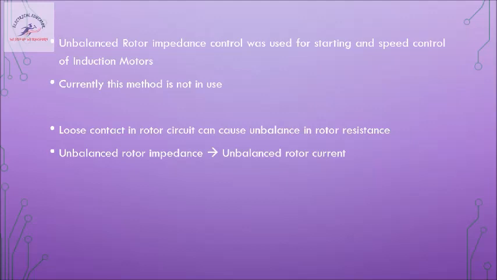If you have seen the phasor diagram or the per phase equivalent circuit of an induction motor, the rotor current is denoted by the term I2'. This I2' will not be the same for all three phases if there is an unbalance. Now we have seen what happens to the induction motor when we supply it with unbalanced voltage, and how its performance is affected.